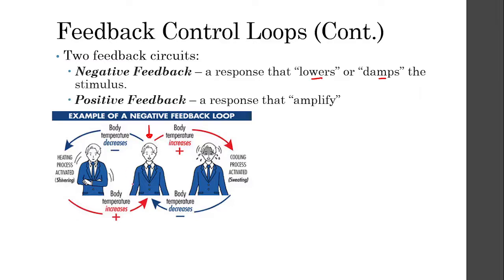So when it's too cold, the reason that you shiver is because the nervous system in your body is telling your muscles to vibrate and to shiver in order to create heat. And what happens is that it creates this negative feedback: the decrease, which is the stimulus, is received by a sensor in our brain, and it creates a response of shivering. So this is now your response, and then the result is it increases the body temperature. So this is your feedback loop.